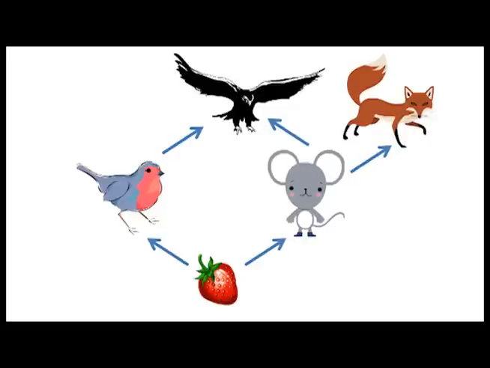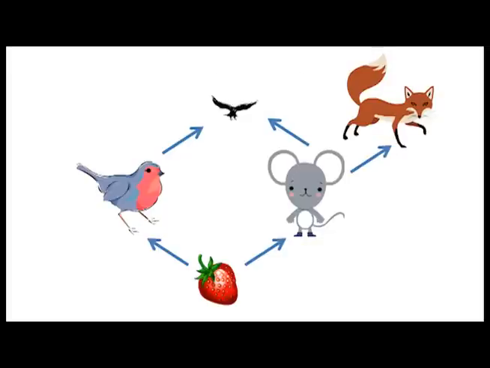If we look at the situation in a bit more detail, here you can see a food web, and it's easy from this to see how each species is dependent on each other, and this is known as interdependence. If, for example, the number of eagles decreased, then there would be less predation on the mice and robins, so